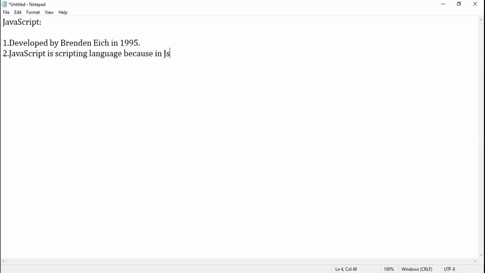I'm writing JS. You can write JS or JavaScript. JavaScript is a scripting language because in JS an interpreter is used. It scans the code line by line.